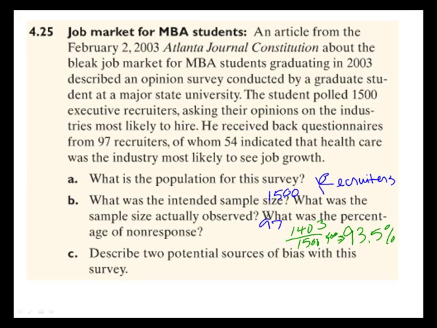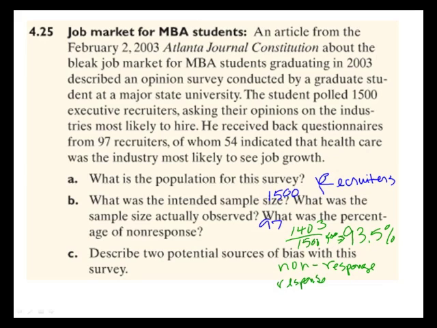Describe 2 potential sources of bias with the survey. So again, we've got the 3 types of bias. Yeah, definitely non-response. Maybe response, and really I think maybe sampling too, because again, it might be that I just don't know what an executive recruiter is. Maybe it does include all recruiters that would hire MBA students, but I tend to think that might be